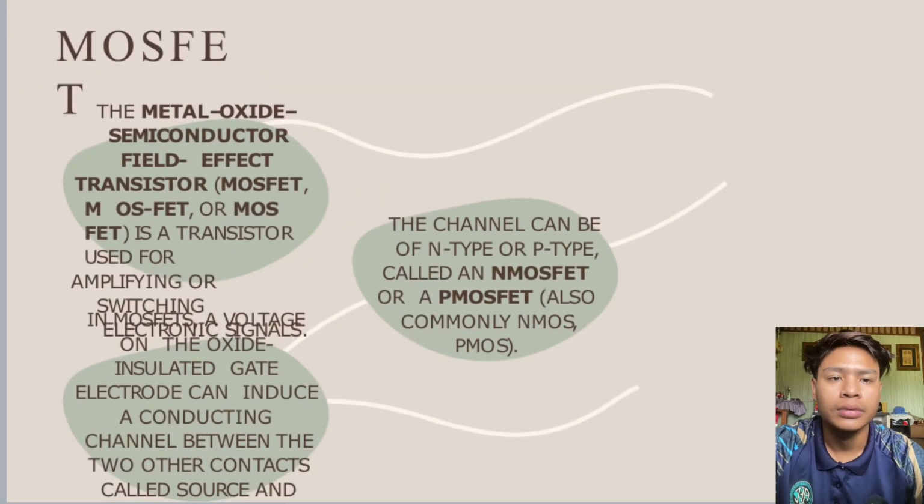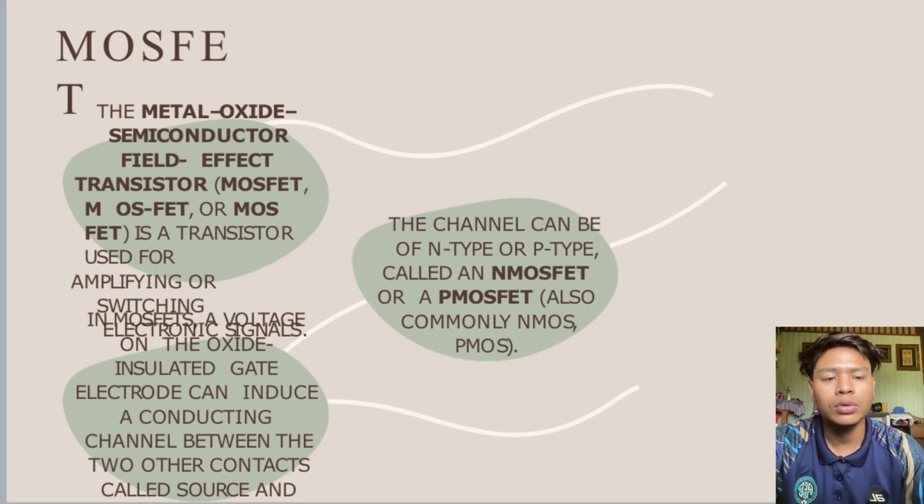Next, MOSFET. The metal oxide semiconductor field effect transistor, MOSFET, is a transistor used for amplifying or switching electronic signals. The channel can be of N-type or P-type, called NMOSFET or PMOSFET, also commonly NMOS, PMOS. In MOSFETs, a voltage on the outside insulated gate electrode can induce a conducting channel between the two other contacts